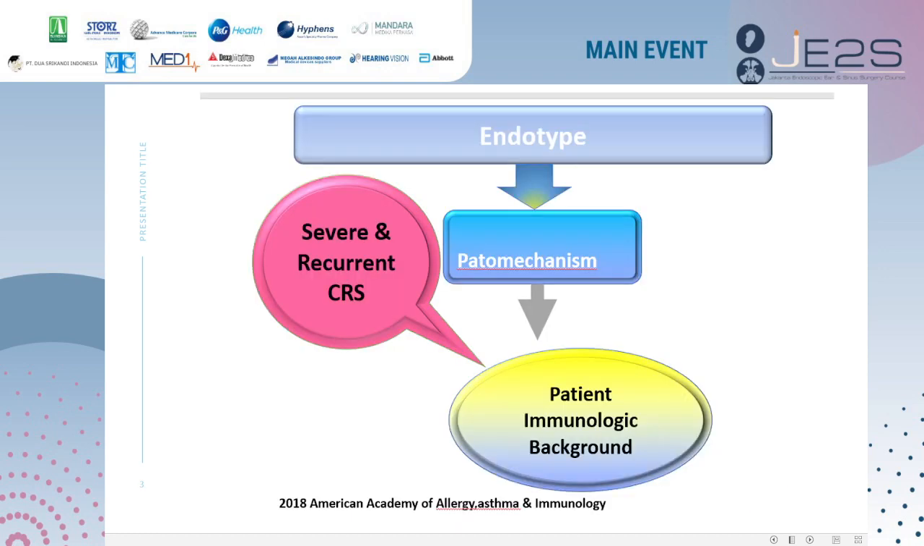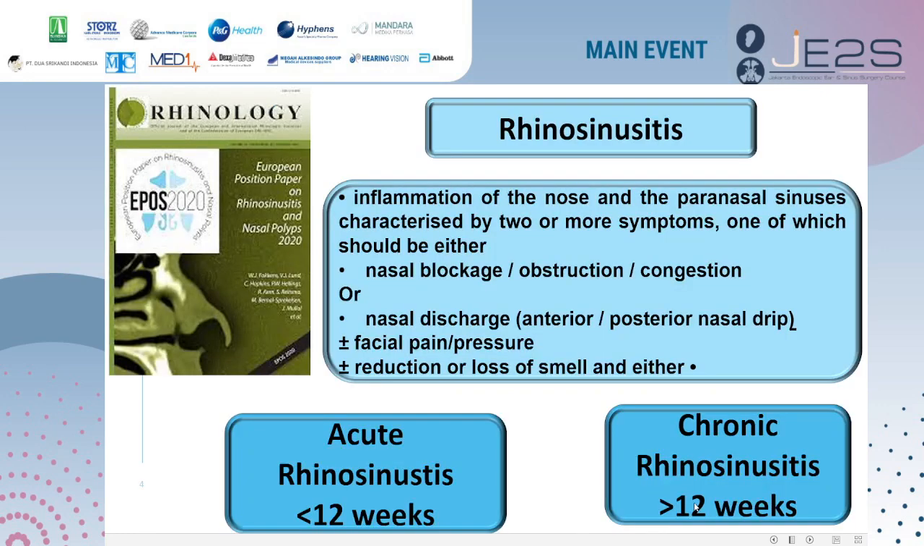Nowadays, the classification and diagnosing of rhinosinusitis is not only based on the phenotype, but also on the endotype, based on the pathomechanism or patient immunologic background, especially for severe and recurrent rhinosinusitis. So I want to try to make a simpler, step-by-step approach on how to diagnose rhinosinusitis based on the new concept